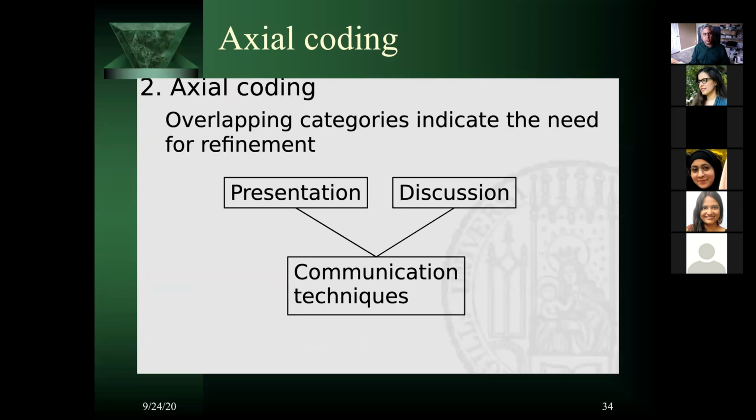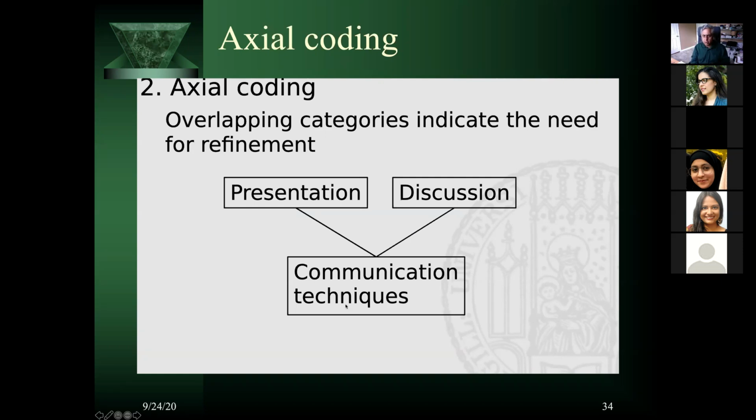Presentation and discussion. So if you go to the next one, overlapping categories indicate the need for refinement. Now, presentation and discussion. I can see that. Like we are having, I'm presenting, and you guys are discussing, putting your questions there. So we are doing something similar. But if you were to look at these two and put an expression around them, a word that sums up both presentation and discussion into something more macro,